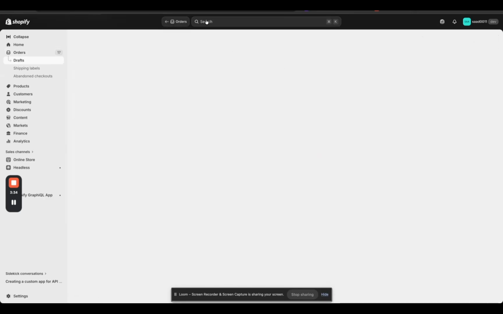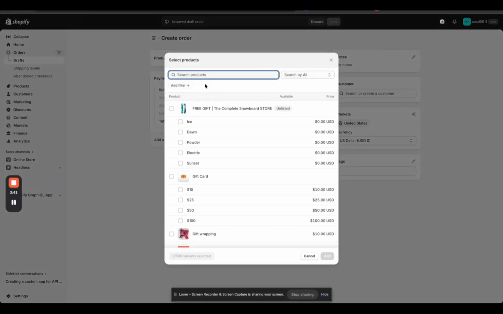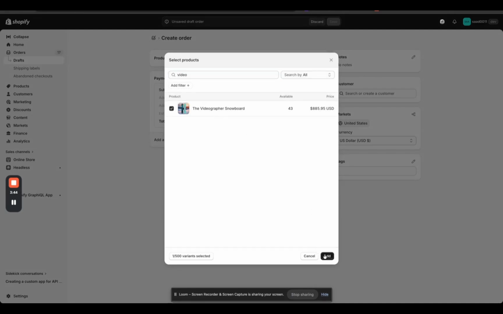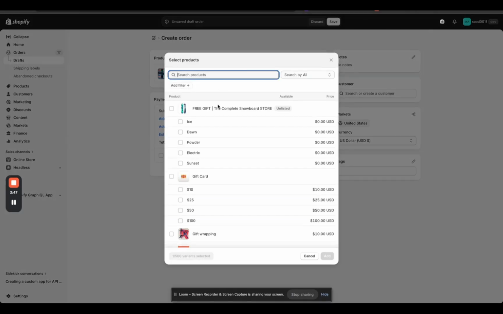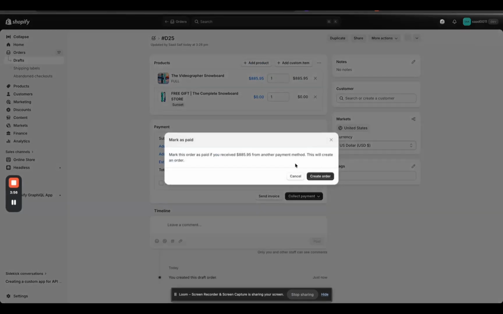Here I will be creating a new order with this videographer snowboard, because this is the item that we need to auto fulfill, and I'll be selecting some random product as well. So I will create an order, mark as paid, and from here